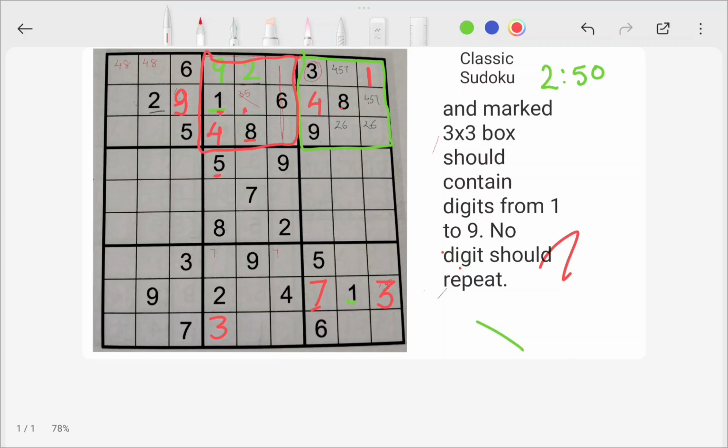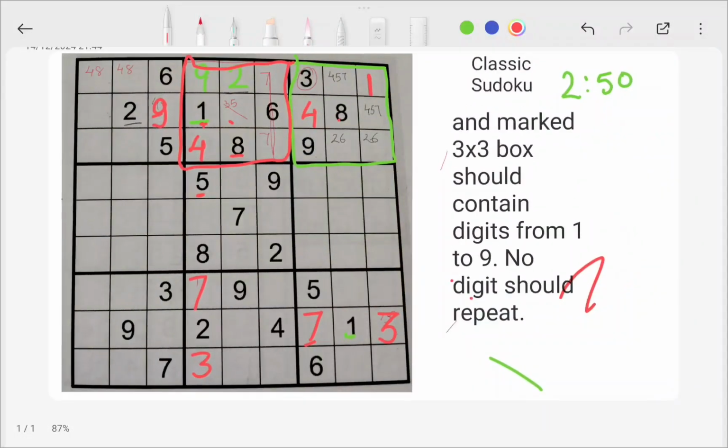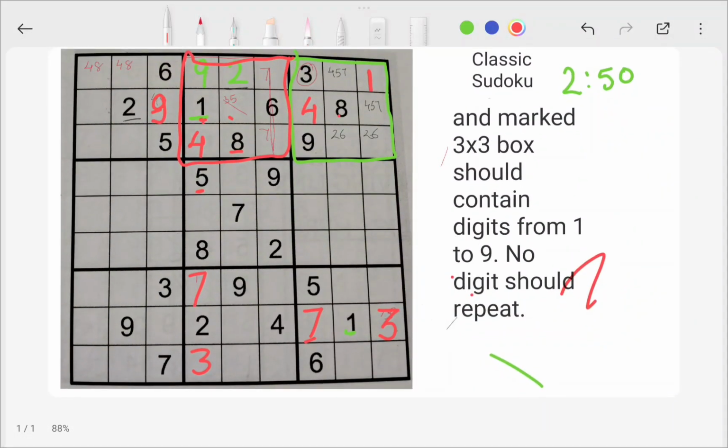Here we cannot place 7. So 7 will come in either of these two cells. So if any one of these is 7, then we can simply eliminate 7 from this cell. And now this must be 7. Now only one cell is left, that is 6. Okay. Now if this is 6,